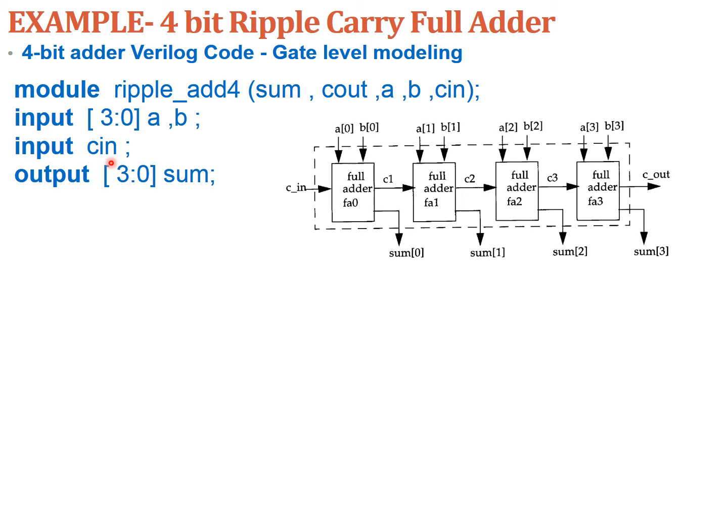Similarly, let's declare the output. So we know sum is a 4-bit vector. So output sum is declared with a square bracket before the variable name sum, and 3 down to 0 indicates it's a 4-bit sum variable. And we also have a single bit Cout output, which is declared on a separate line, output Cout. Now, if you observe the diagram again, we have internally some connections C1, C2, C3, which are representing the connections between these hardware elements. So it is important we have a wire declaration. So wire C1, C2 and C3.